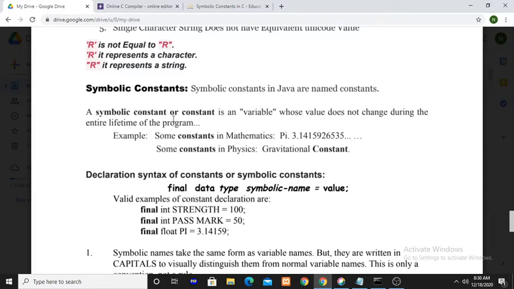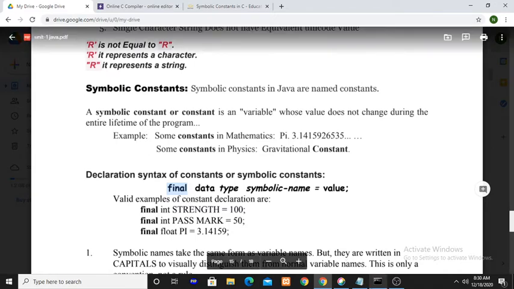Whereas in Java, symbolic constants, you can define using the keyword final. Final is the keyword to define the constants. In C language const is the keyword, here you are using final. Just write the keyword final before the data type declaration of the variable.